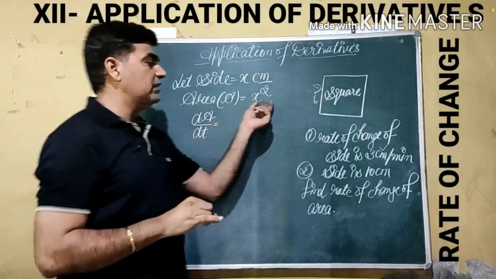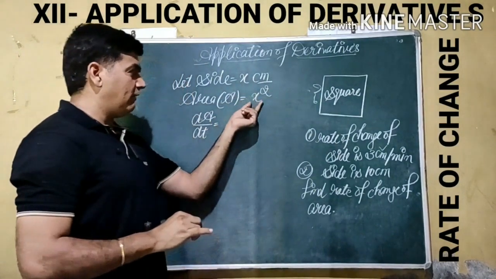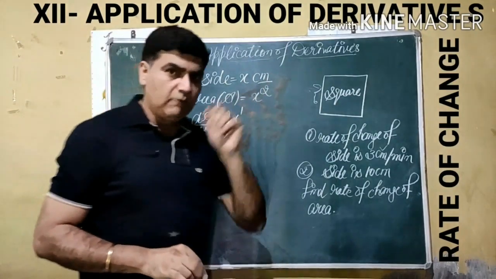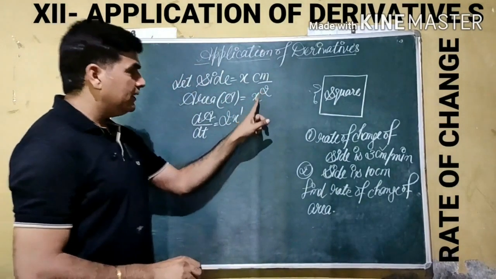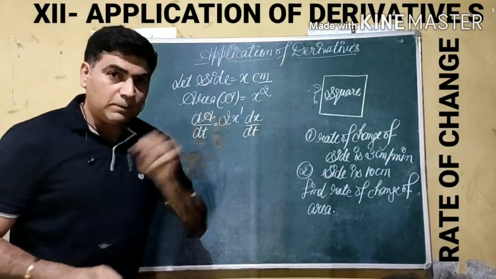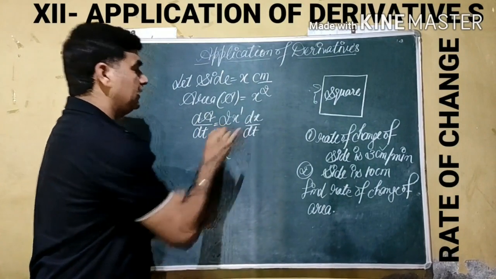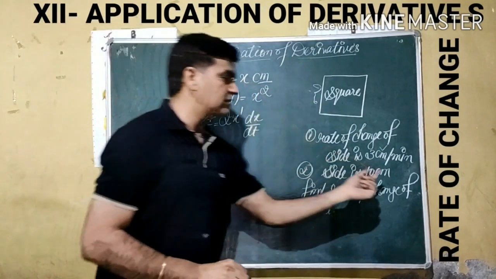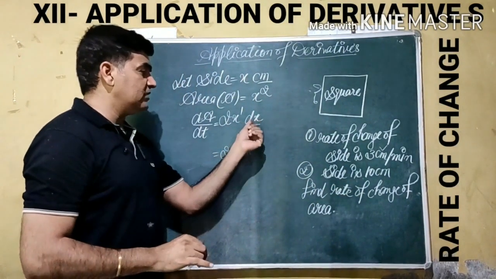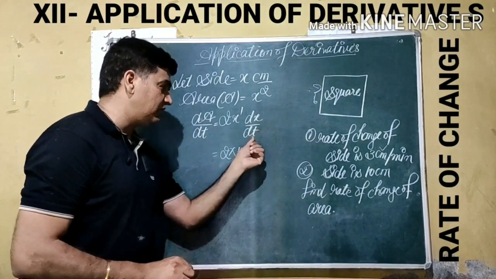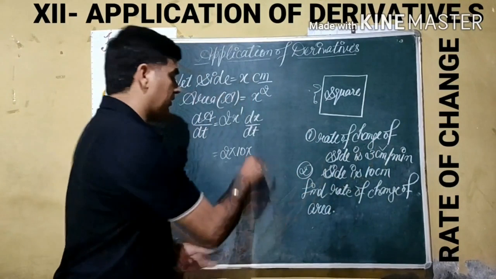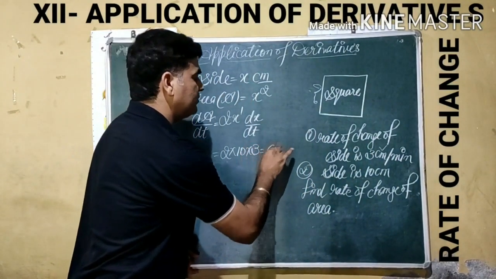If you see here, the variable is not the same, we have to use the power rule. Here the variable contains a power, so according to the power rule, the power comes forward and the power decreases by 1. Now we have to apply the derivative of the base. It becomes dx by dt. Now we have to replace the values. Here 2 is a constant, x is the side of the square which is given as 10 centimeter. So we replace this by 10, and dx by dt is the change of side with respect to change in time, which is given in centimeter per minute. This data we use here, 3. So the answer becomes 60.